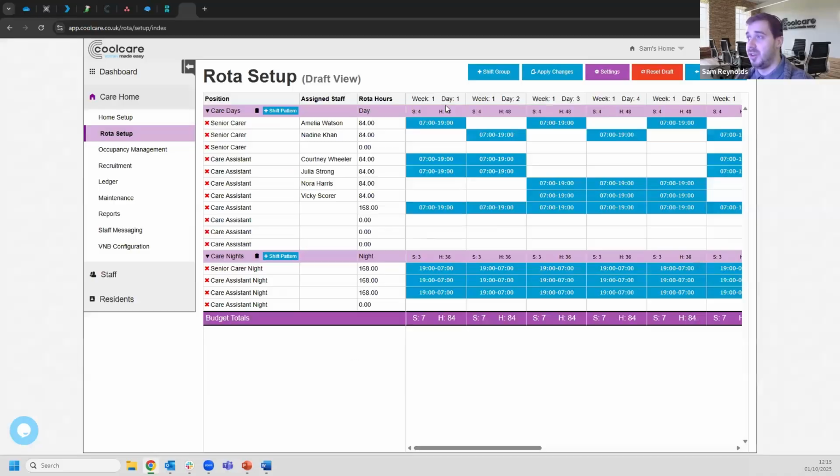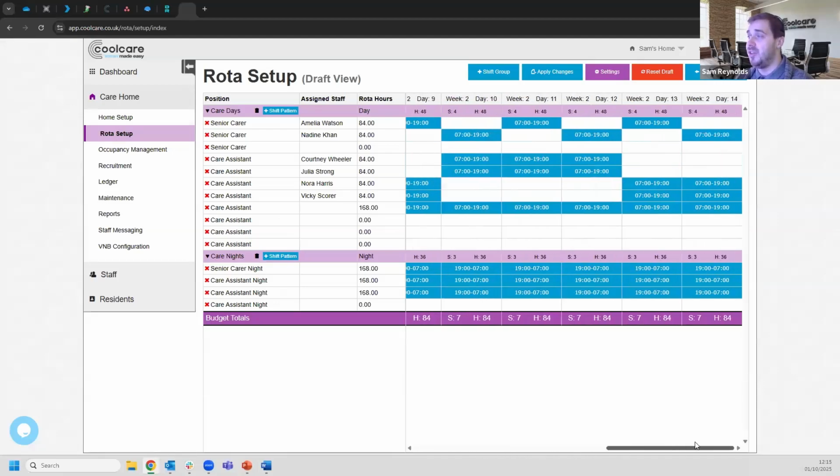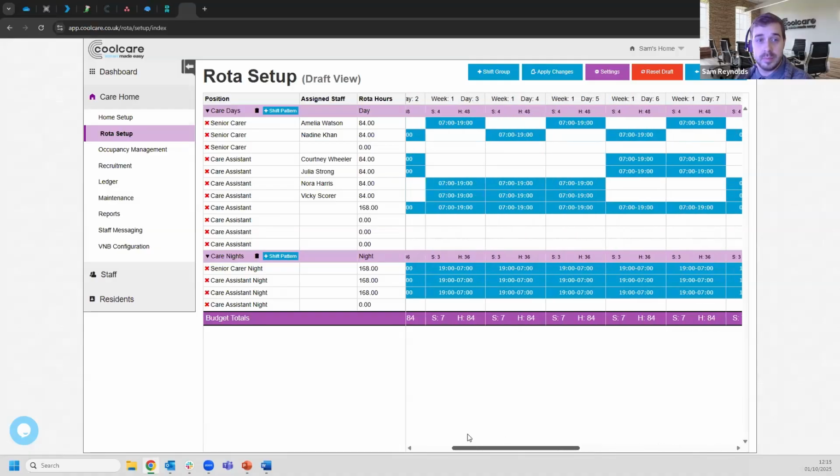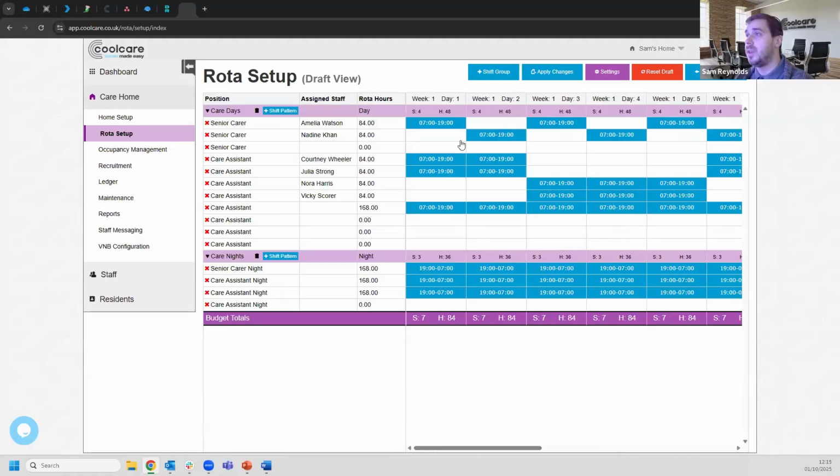And again, because it's essentially just going back and forth every other day, it's able to build that for me into my full rota. So with these, you can make the changes in the rota setup as easily as that,